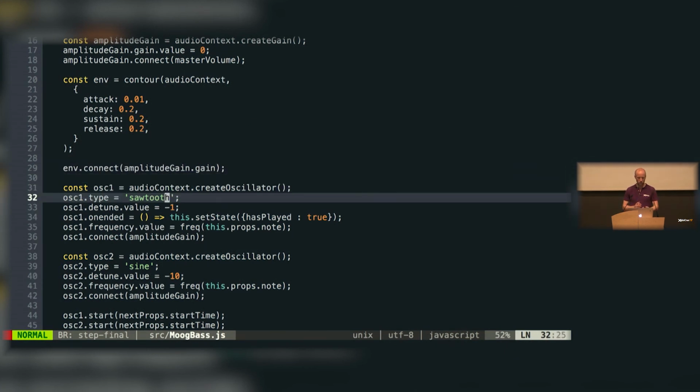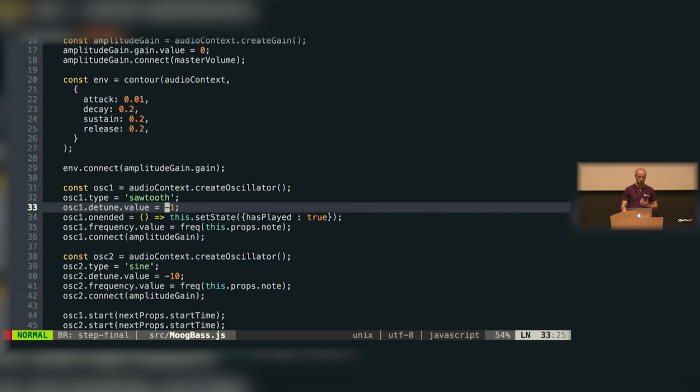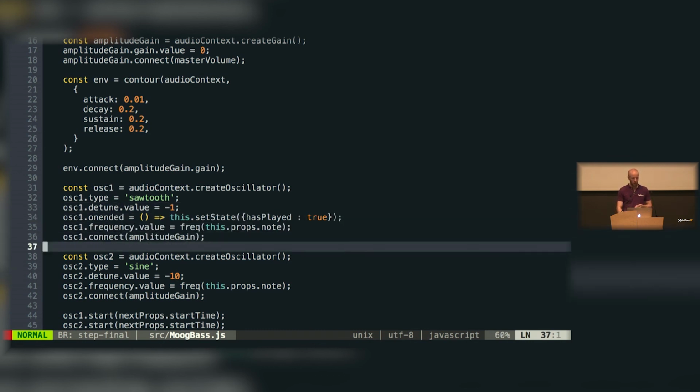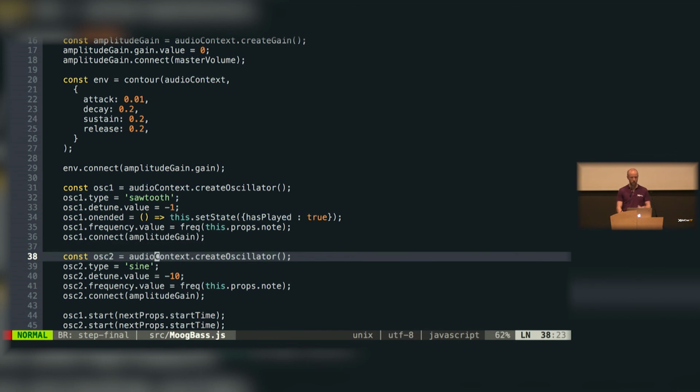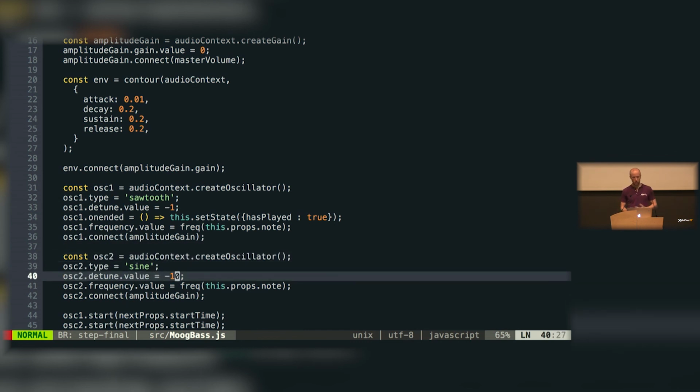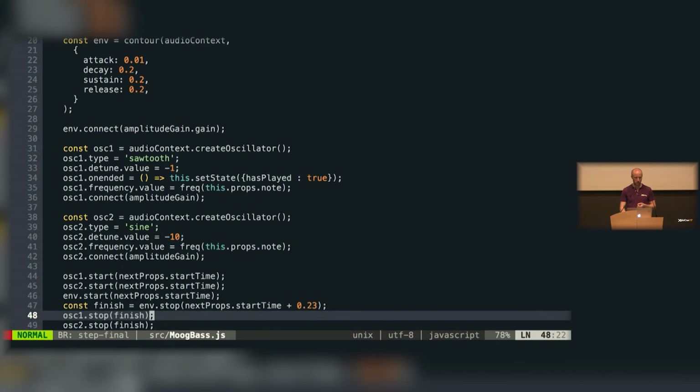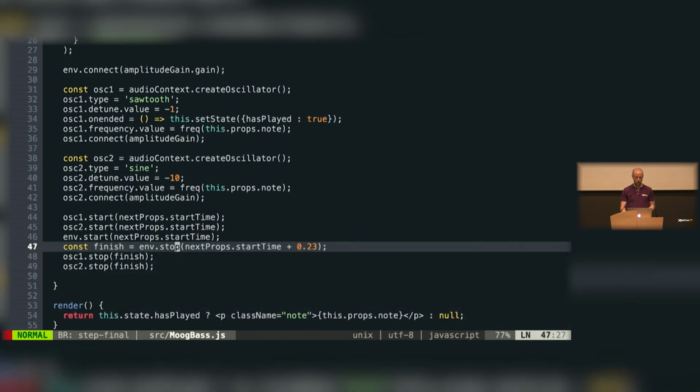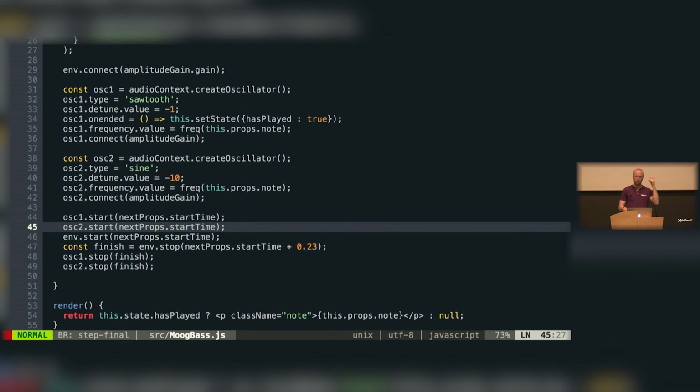Here I'm turning the oscillator into type sawtooth. There's a few different types of oscillators. I'm detuning it to create a little bit of an 80s sound. And then I've got a second oscillator which is detuned at 10. So we're creating a bit of a chorus between the different oscillators. And I'll start the two of them at the same time. And the start time is calculated from our app through the song, the tempo, notes per quarter, sections, bars, and